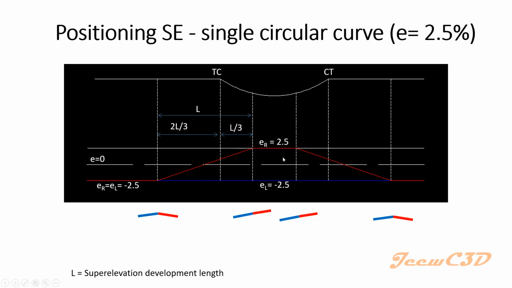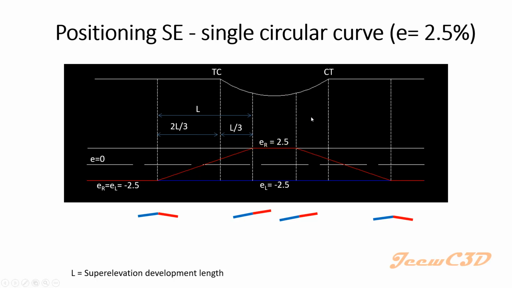So if you consider the other side of the road, the other side of the curve, it has the same thing. You have full superelevation up to this point. In this red color means the right side. Right side is going upward. So that is why we call it going upward. This is the E equals 0 line, superelevation equals 0 line. So this is superelevation equals +2.5. This is superelevation equals -2.5. So after this point, within this curve, +2.5 will be continued.